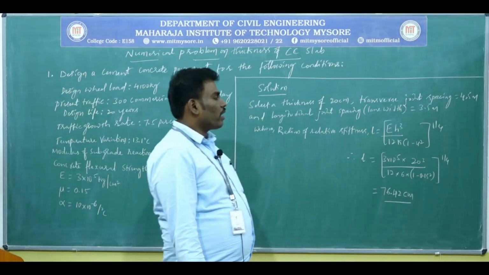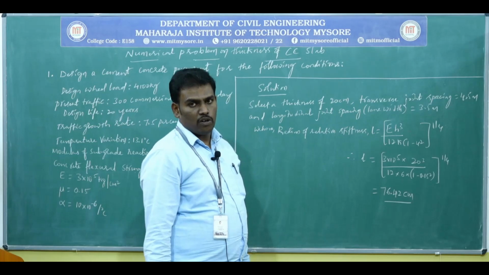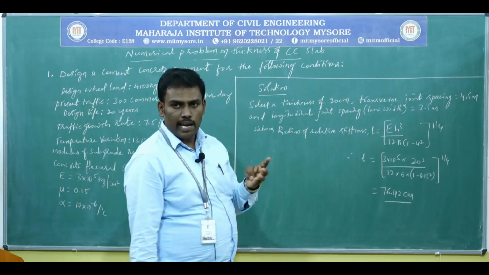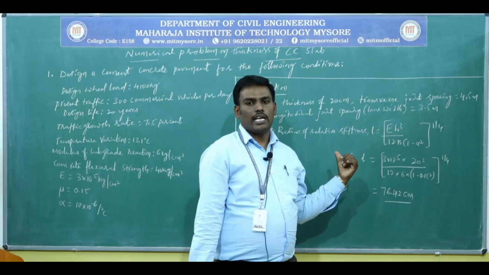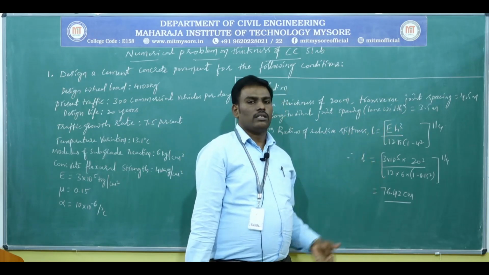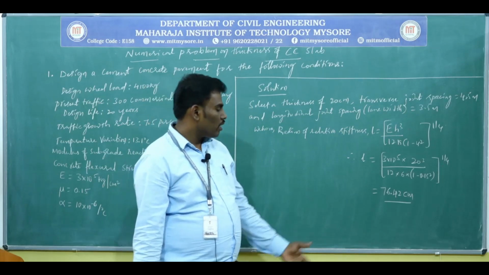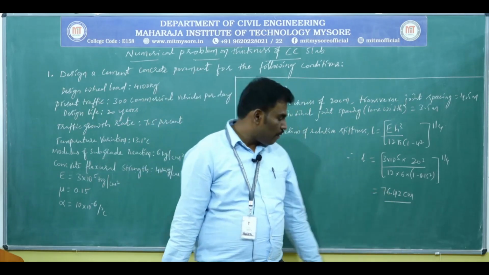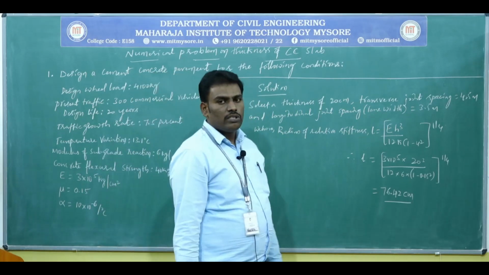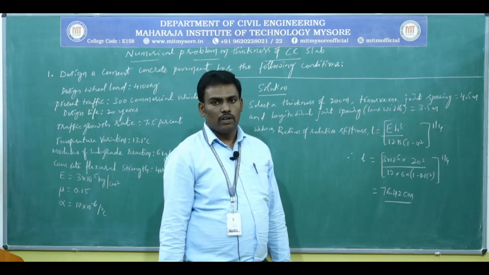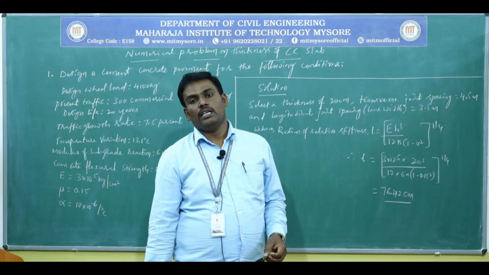Is it clear? This is the first step in the design of thickness of CC pavement. You need to select a trial thickness and assume the spacing between longitudinal joints and transverse joints. Then find the radius of relative stiffness l. You have got about 76.42 centimeter as your radius of relative stiffness. In the next step, you need to find the